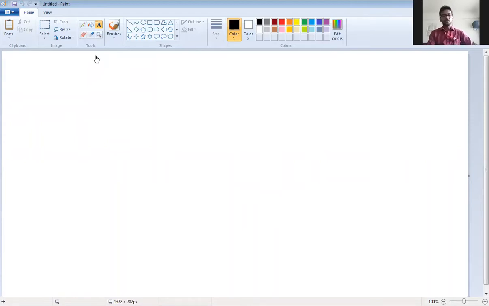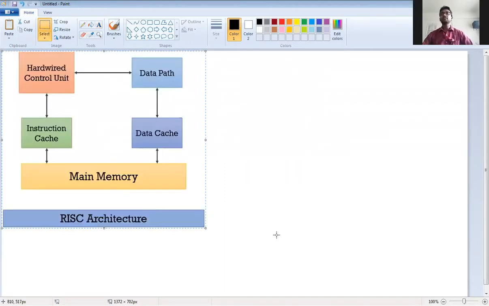RISC, reduced instruction set computer, RISC architecture. We'll see the next architecture, that is the RISC. The third type of architecture is RISC architecture. Okay, so as you can see here, the RISC, reduced instruction set computer.